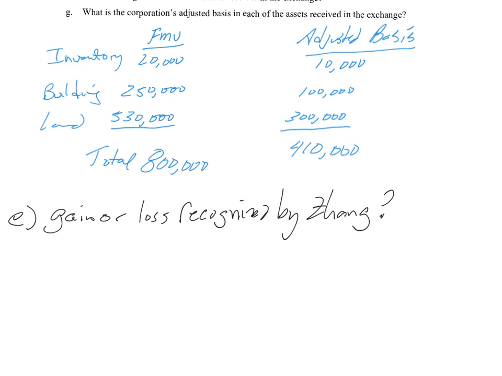All right, so what do we have to do? Well, we need to look at what Zhang receives, okay? And we know that she receives stock, and the fair market value of the stock is $300,000. And we know that she also receives mortgage